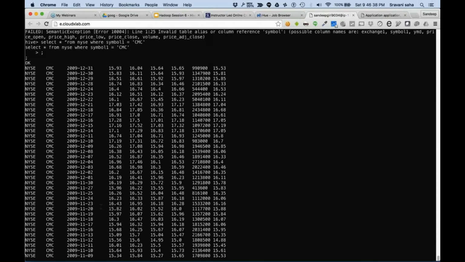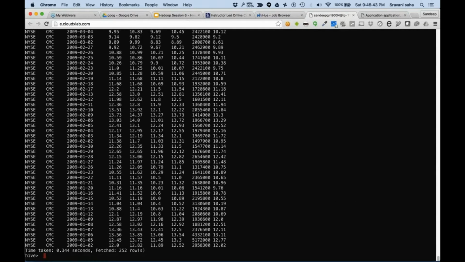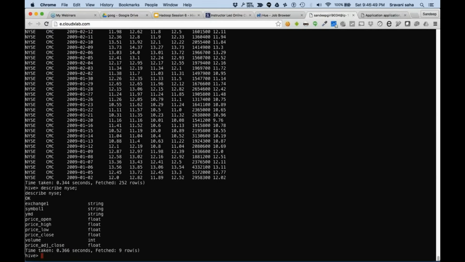So we can start doing other kinds of magic. Let's say describe NYSE. So it has, second one is symbol, then date, then price open.